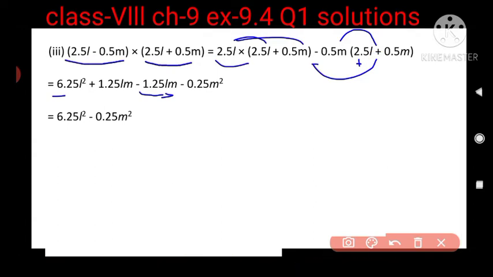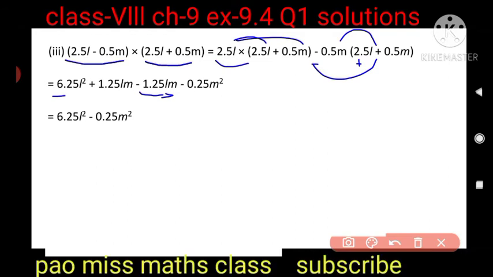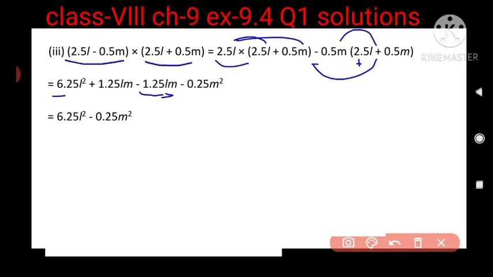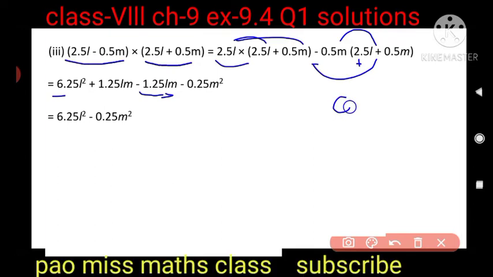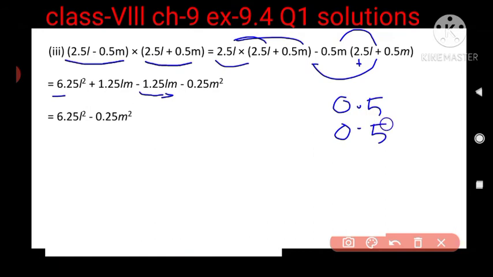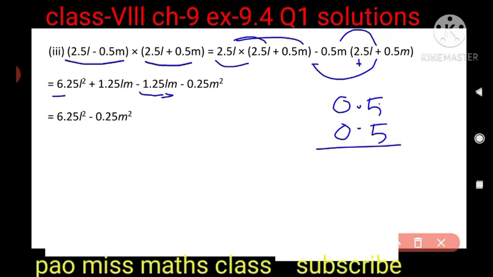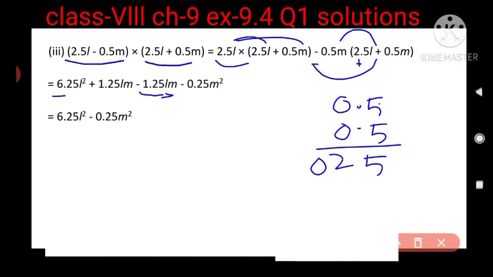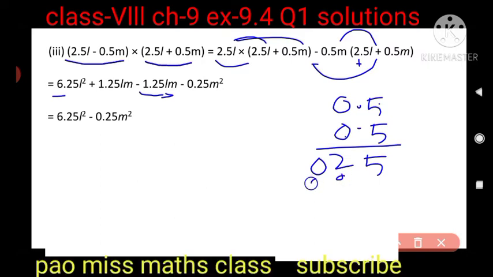So you know how to multiply decimal values, isn't it? In the previous class we have learned how to multiply. So I will show you one example. Suppose I am going to multiply 0.5 into 0.5. So 5 5s are how much? 25, isn't it? 5 0s are 0, and other than here you will get only 0. Again for this 0 also you will get 0, isn't it?